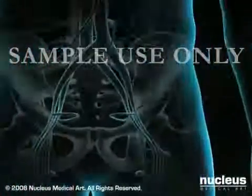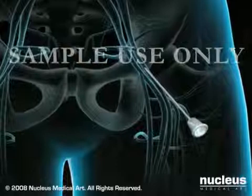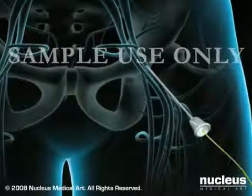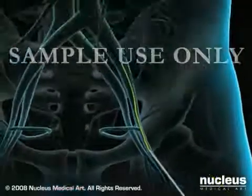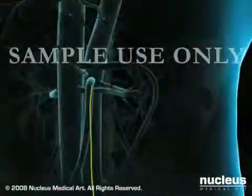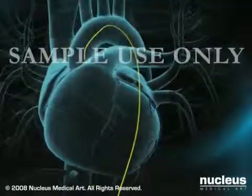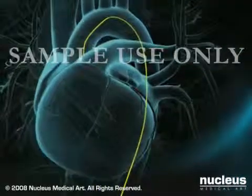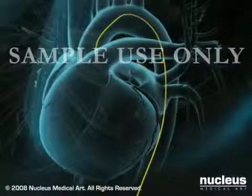The doctor numbs the skin in your groin area and inserts a needle into your femoral artery. Once the needle is placed, a guide wire is passed through the needle and gently guided through the arterial system to the heart. The needle will be withdrawn and exchanged for a small flexible tube called a sheath, permitting access to your femoral artery. At this point, you will be given a blood thinner to reduce the risk of blood